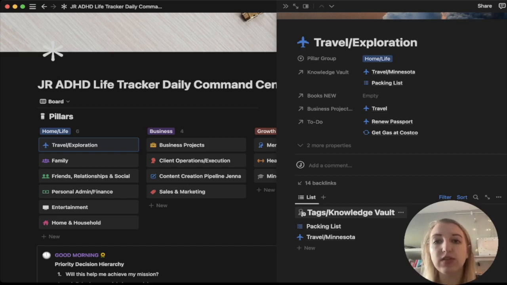I've recently started using List View. I hadn't used List View before, but now with the new icons, I'm definitely seeing the benefits of it that I didn't see before. And so I'm using List View for this. So basically this is a